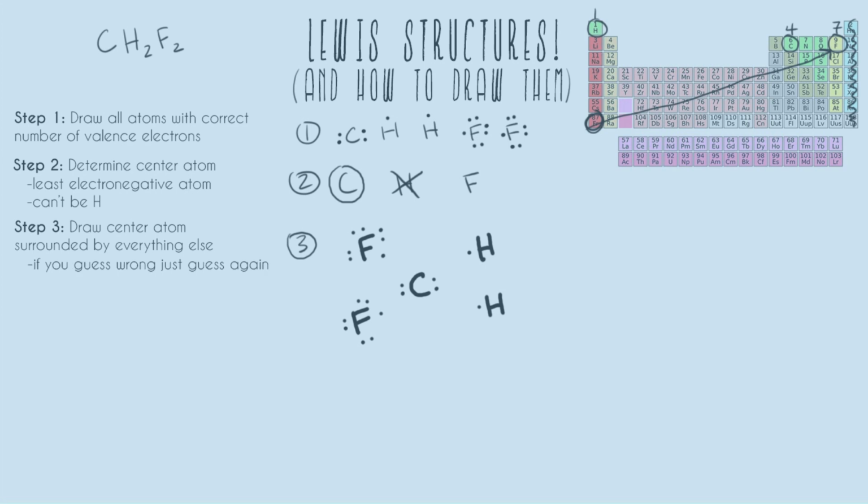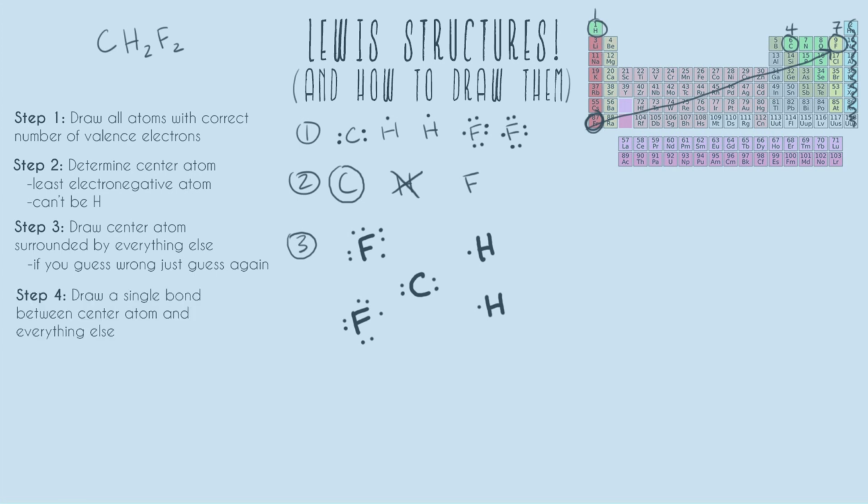Another important thing to remember is that if you are doing your problems and you find they make no sense, one thing might be that you've guessed your center atom wrong. Because in some problems, we might not know exactly which one is more electronegative, so you might have to guess. And it's important to know that if you guess wrong and you just can't get a Lewis structure to work with the atom you've picked for the middle, you can just go back to step number 2 and look at the rest of the center atoms and change it to a different one. That's completely fine. And so now that we have our center atom completely surrounded by everything else,